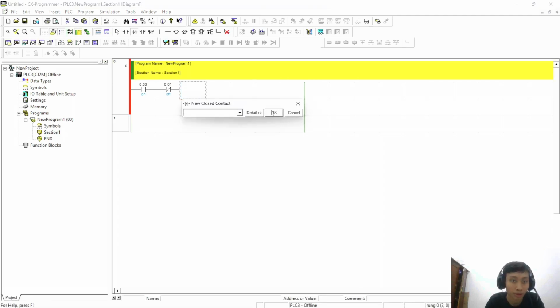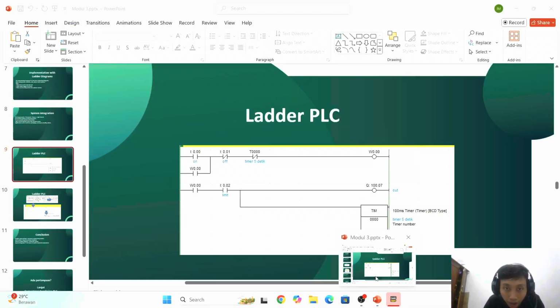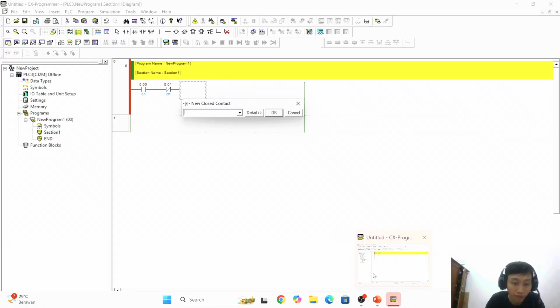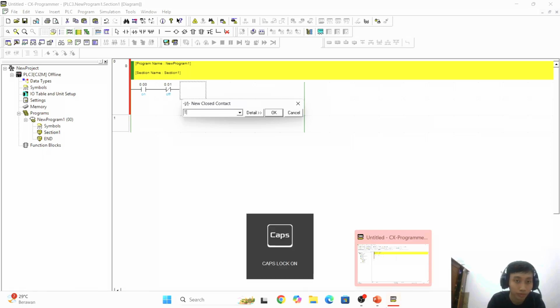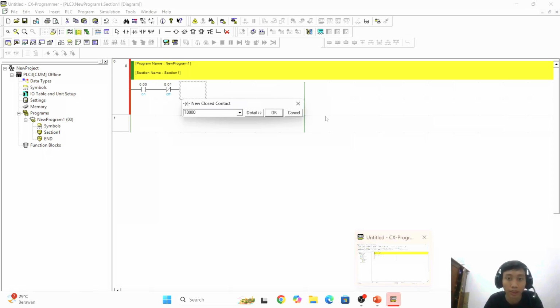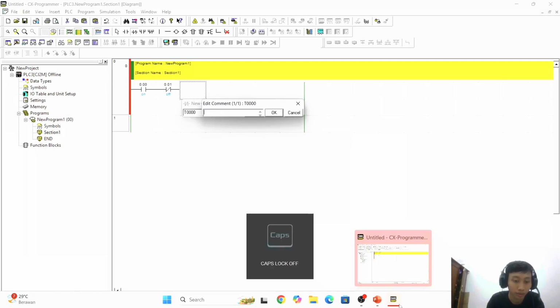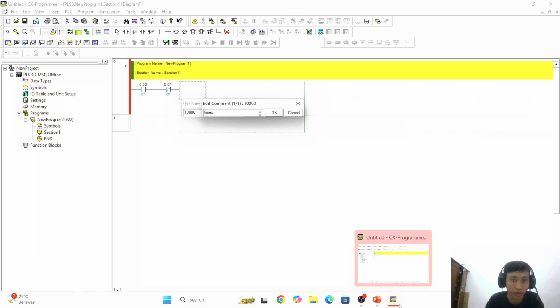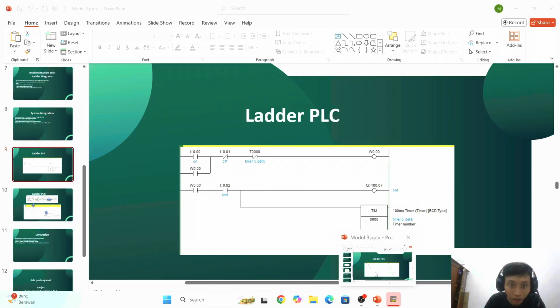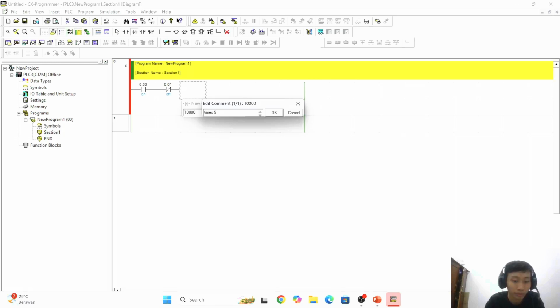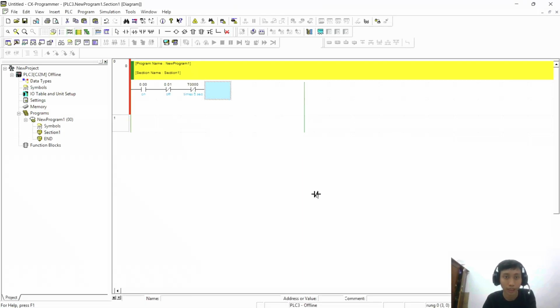Set the timer to T000, and change the description to 5 seconds.